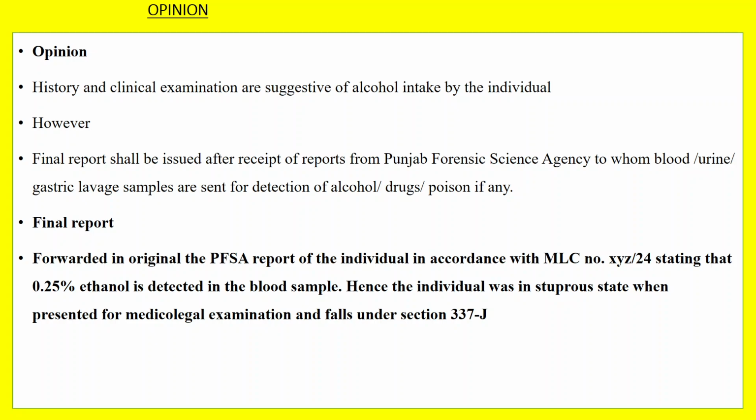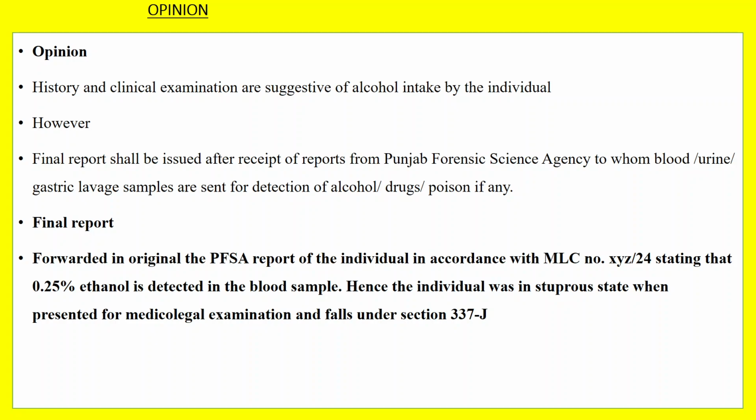So if they are detected, and then poison, sometimes it's the moonshine whiskey, which is a locally made wine which can be made through any process, and it could also be containing methanol, which is extremely dangerous and causes immediate blindness of an individual due to the formation of formic acid. So these things are to be detected and analyzed, and once you receive the report and they state that the